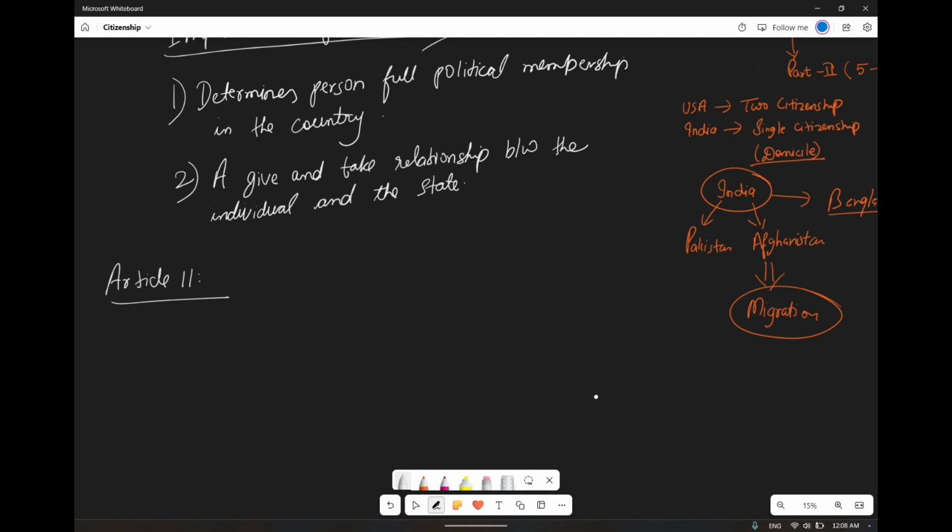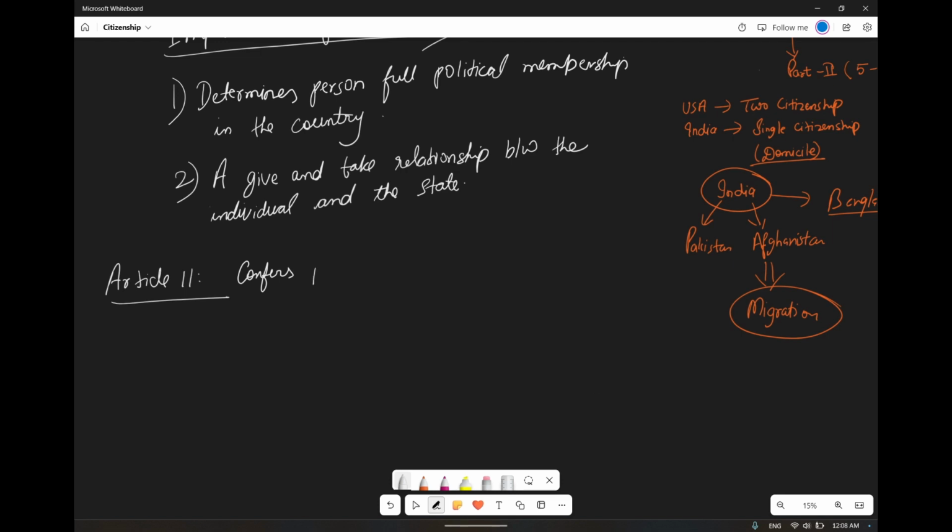It confers power on the parliament to regulate citizenship. It gives the power to the parliament that it can regulate citizenship with respect to the acquisition and termination of citizenship and all other matters related to citizenship. Okay, so article 11